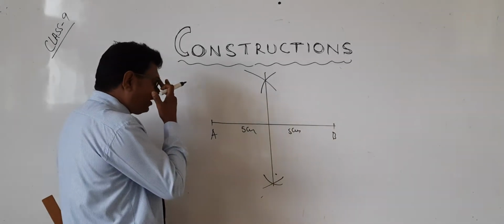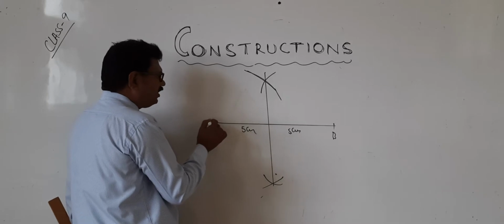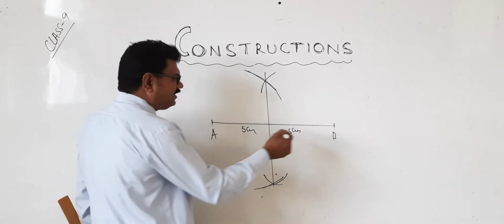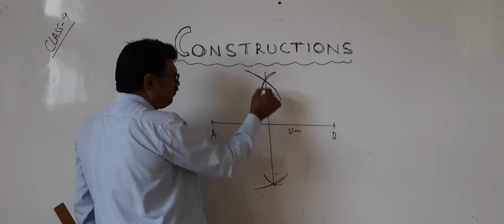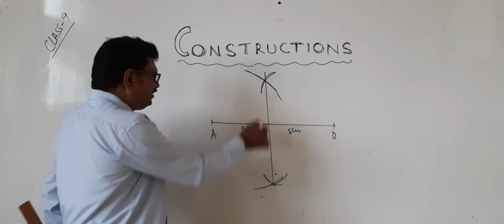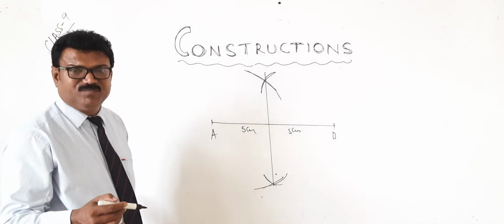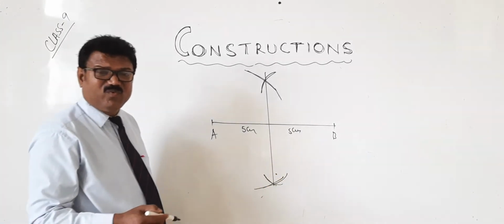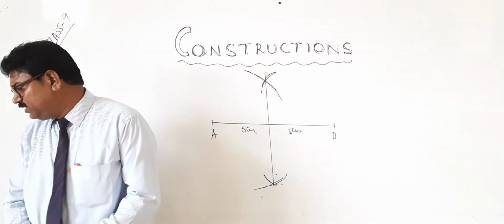Okay? Approximately you take, draw one arc by keeping on A, up also and down also. Afterwards, repeat the same thing by keeping on B, like this and like this. Where both are intersecting, just join those two points. That's all. So this is the line which will bisect the given line segment. So this is known as perpendicular bisector. What is this? Perpendicular bisector. Do you understand? Okay, very good. Right.